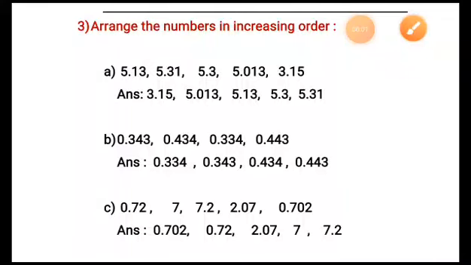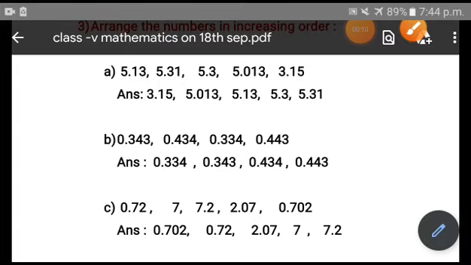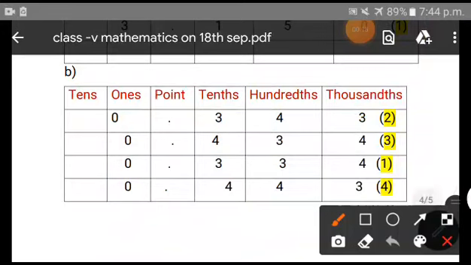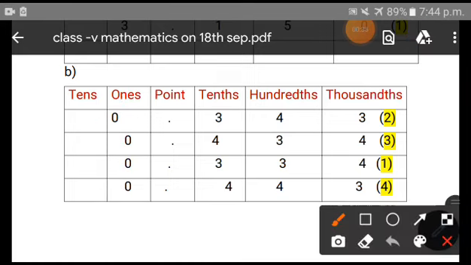Now we are going to work out sum number 3 part B. Here again, children, for comparing we need to have a look at the place value table. See over here, first you are going to write all the numbers: 0.343, then 0.434, next 0.334, next is 0.443. So at first, as I have taught you, you need to compare the integer part, but we find that